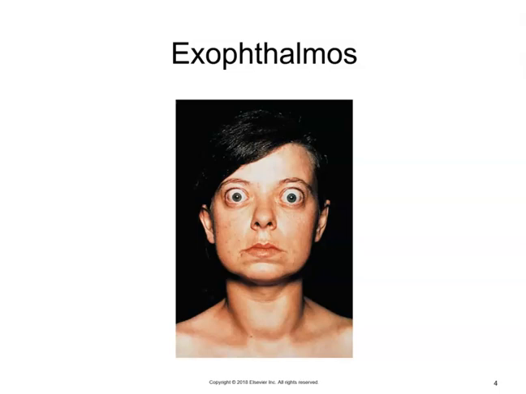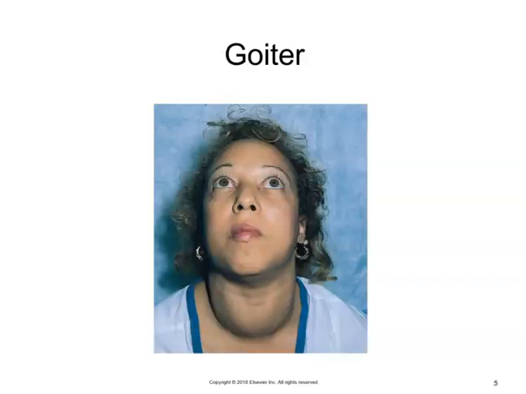One of the signs and symptoms we have here is exophthalmos, and we see that right here with the protrusion of the eyes. This used to be considered a permanent condition, but there are now newer medications that are being used to treat that condition. And here you have a picture of a goiter. But again, there's going to be a long list of clinical manifestations and signs and symptoms of hyperthyroidism. Just remember, everything is ramped up. Their metabolism is increased.